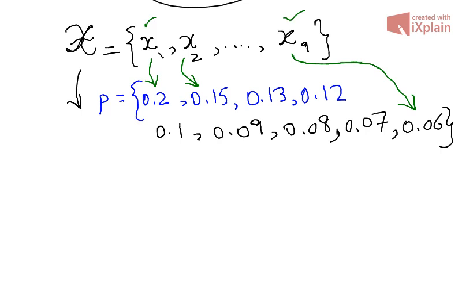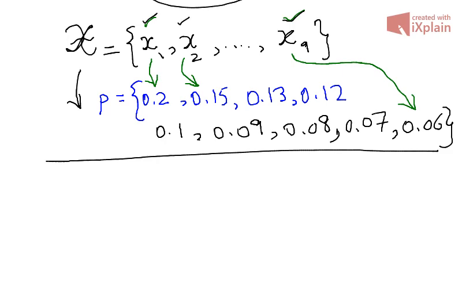Now, generally speaking, if you are using a common technique, suppose we have these 9 unique alphabets. Suppose we have a language, and that language has only 9 unique alphabets, which are given by x1, x2, up to x9, right? Suppose this language has only 9 unique alphabets, and when you write the text of that language, you would be using these alphabets again and again, and the frequency or the probability